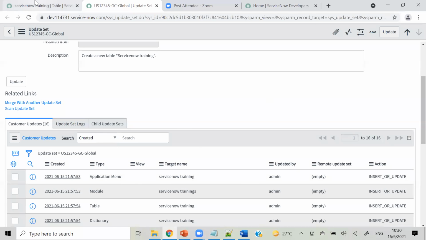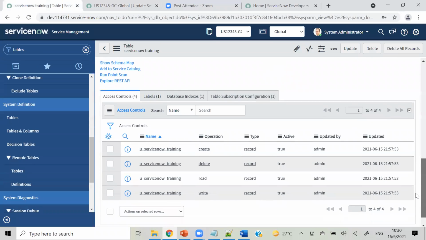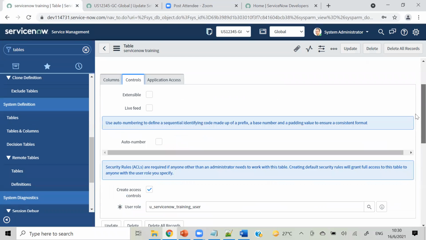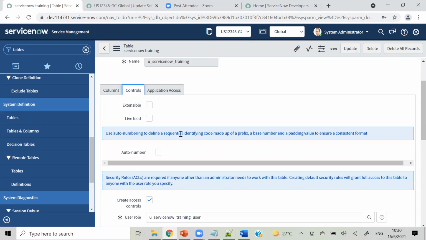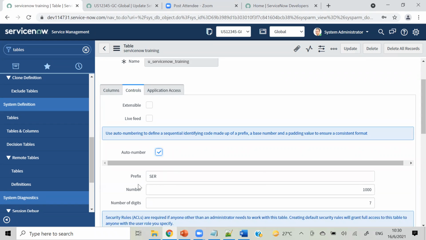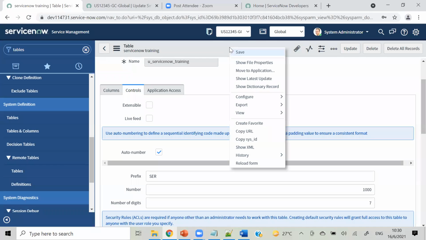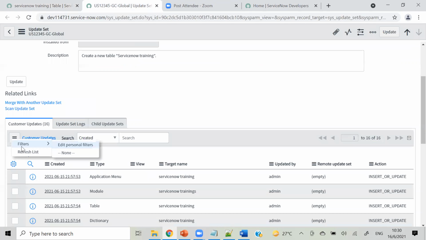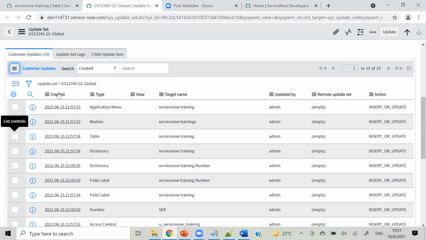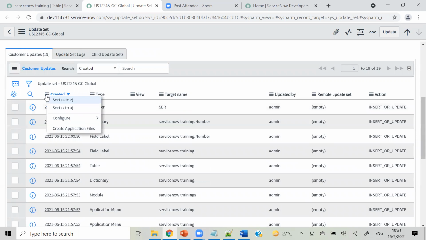So this is how all the changes you make, all the configuration you make, will get captured in the update set. So let's add one field. For example, I'm just giving this and saving. There won't be any change, but still let's have a look. 3 more changes have been created. I am sorting by created on, descending.